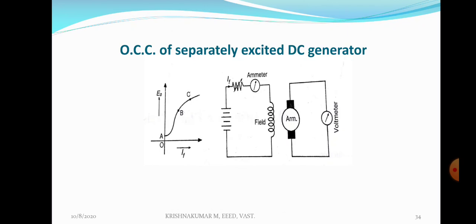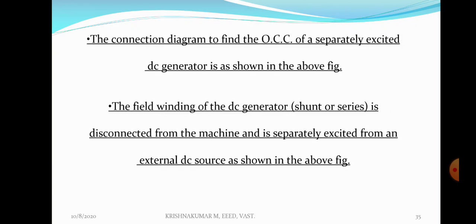Thus, we can understand the relation between field current and induced EMF. It is nothing but the magnetization characteristics. Field current increases means flux increases. When flux increases, generated EMF also increases. To vary the field current, we have to vary the rheostat. At the instant of starting, this field rheostat should be at a maximum position. Then gradually we have to decrease this rheostat. Then gradually the field current increases, and gradually the generated EMF also increases.